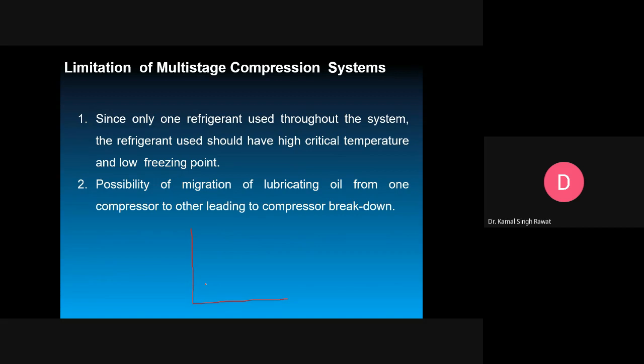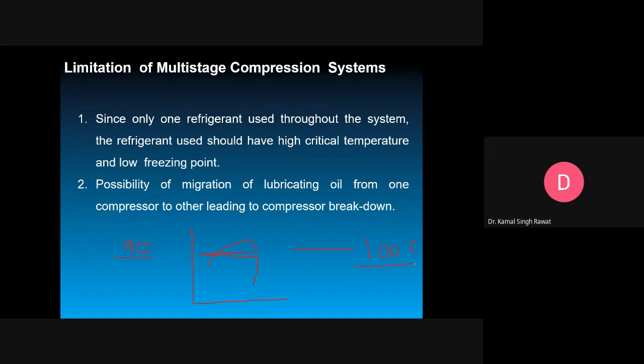And for a refrigerant whose critical temperature is very high, like ammonia, the normal boiling point is -33.33. So you don't have any refrigerant which can produce a refrigeration effect in the range of -100 degrees centigrade. If you want to produce the refrigeration effect at -100 degrees centigrade, you must reject the heat to the environment. So the condenser pressure is fixed. Condenser temperature must be 5 degrees higher than the environmental temperature. So the condenser temperature is fixed.